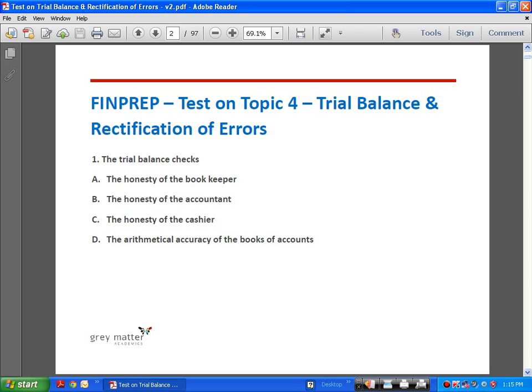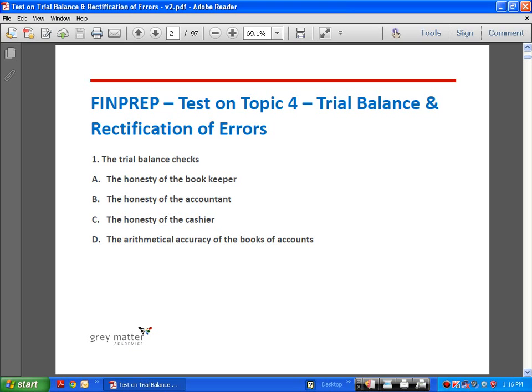I'll give you a brief about what a trial balance is and give you an idea of what are the different types of errors and how we rectify these errors, right? So trial balance is a statement which is prepared as at a particular date. It lists out the various debit and the credit balances, and if the books of accounts have been maintained